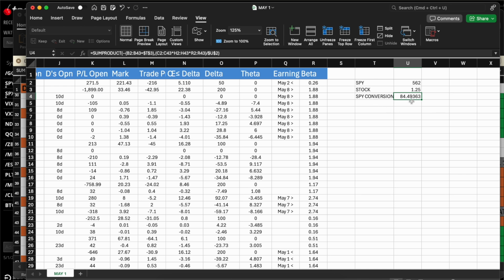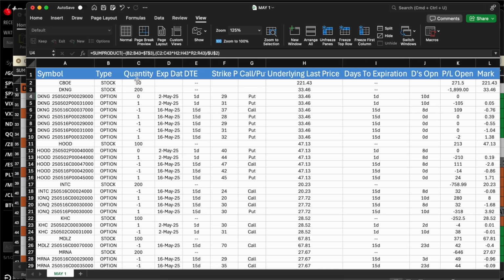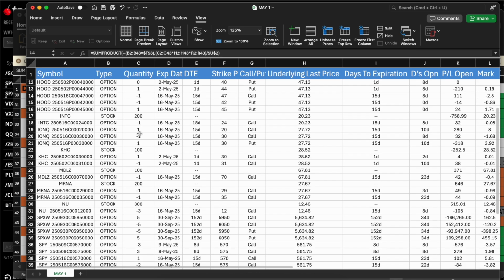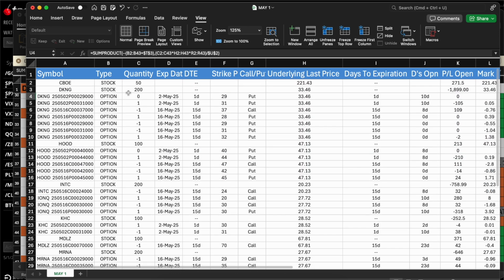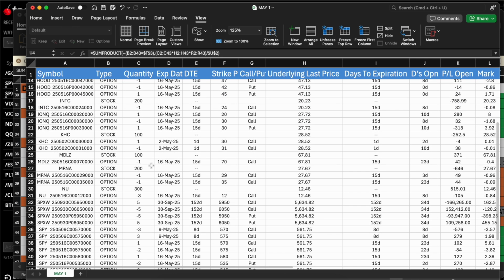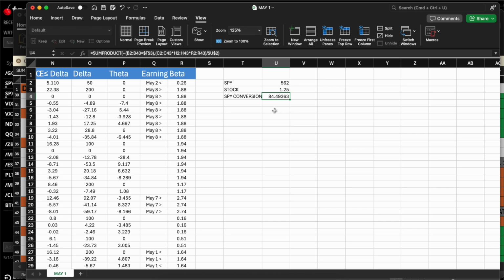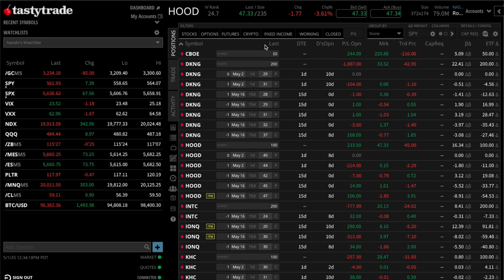And the output here is 84.59. So what that means is that each of these stocks has a number of shares, and when we total them, the aggregate, using the beta, any stock that I have in this portfolio, the sum of all these is roughly 84 shares of SPY. So when I'm hedging this portfolio, I'm basically saying, hey, I want to insure 84 shares